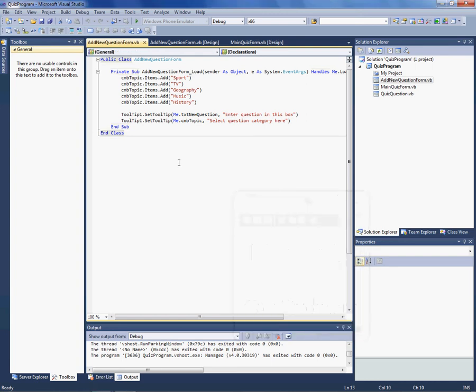Okay, let's keep going with the coding. I've restarted, should work better now. We've created some tooltips and we've created some items for the combo box. Hopefully that's worked. What I'd like you to do now is have a go yourself at creating some tooltips for